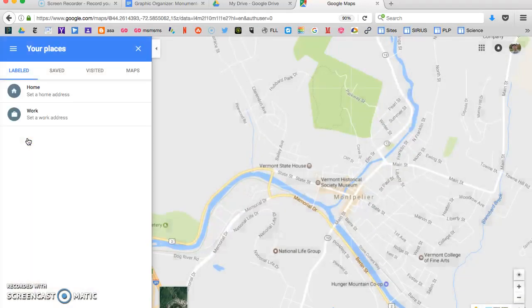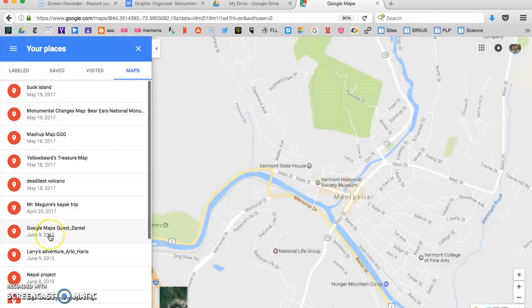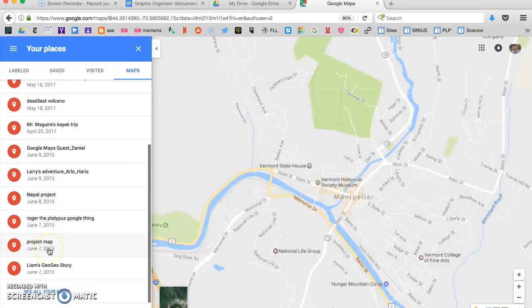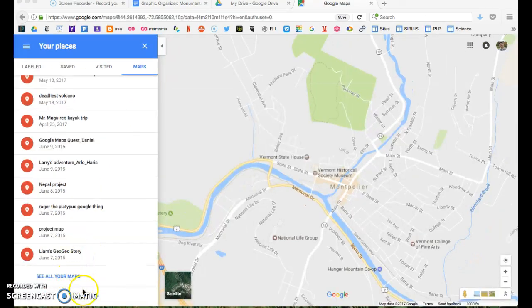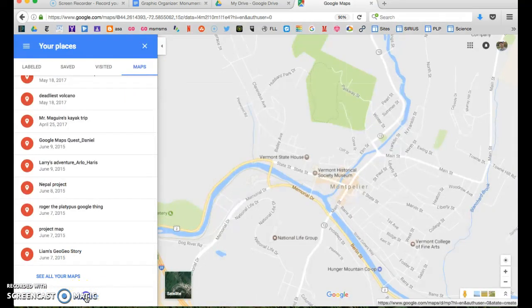When you open Your Places, you'll see a lot of things, but what you really want is Maps. If you open Maps and you scroll to the bottom, you can see all your maps. And one of the things you can do is create a map down here at the very bottom. Create a map. Okay. And you can see at the bottom, you can click Create a Map. So if I click Create a Map here,